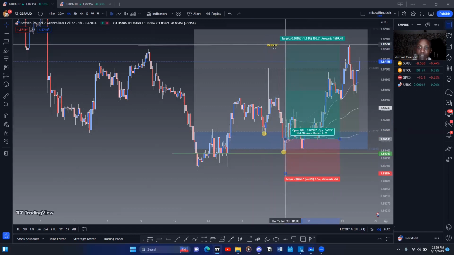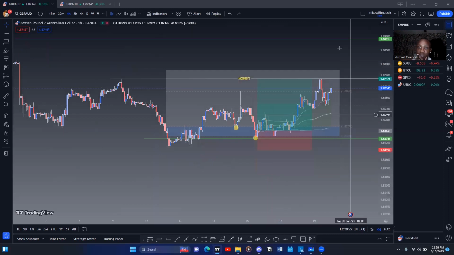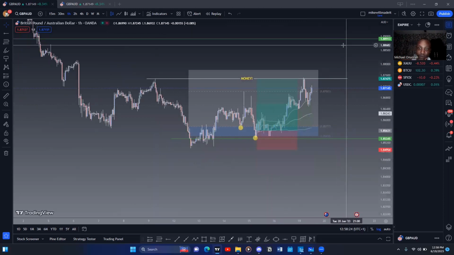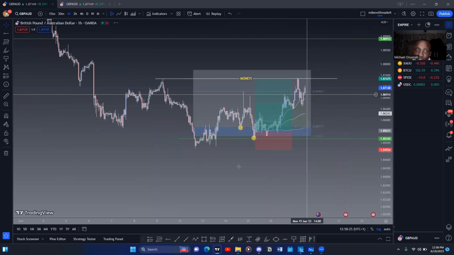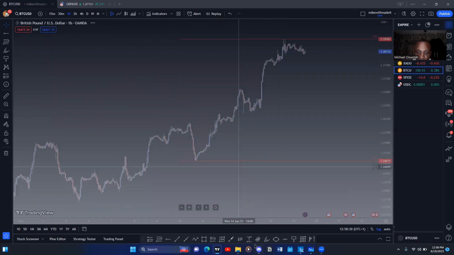This is the first example. Right? This target has been smashed already because this was the first target. This high has been smashed, and I have other targets. I think the last target should be around here. This is my last target. Well, this is the first position. I mean, the second position I was talking about will be okay. The one I gave,